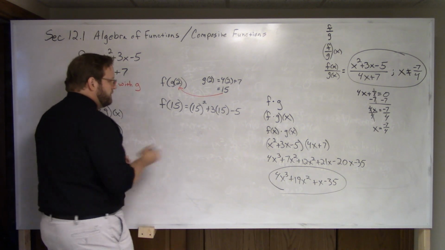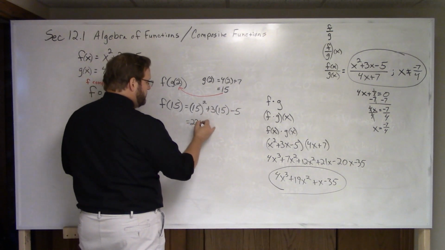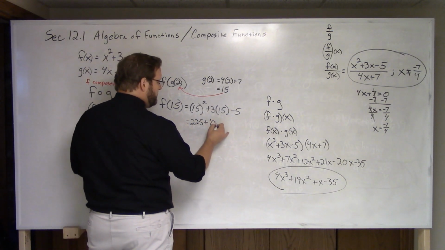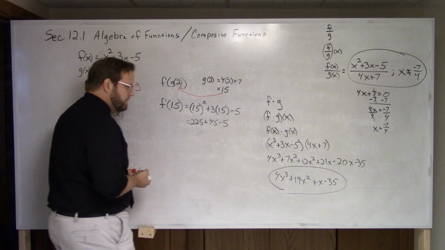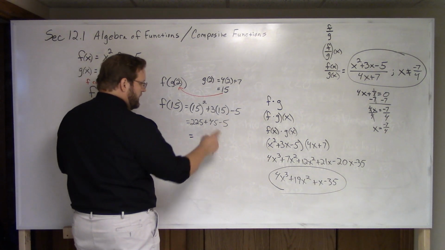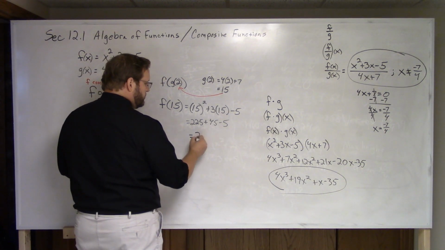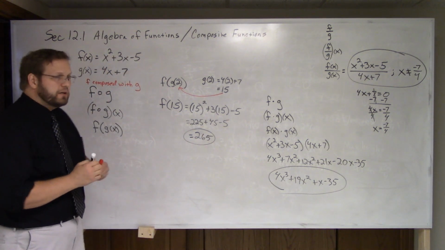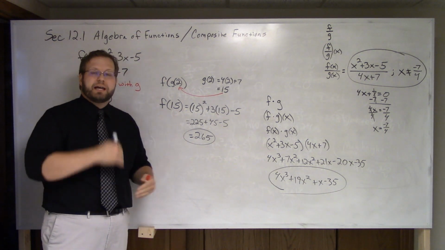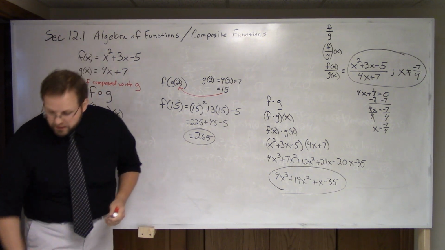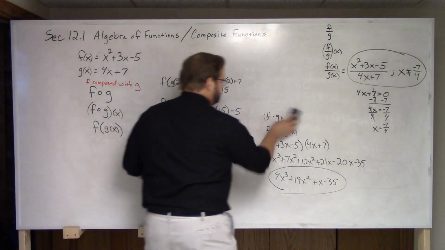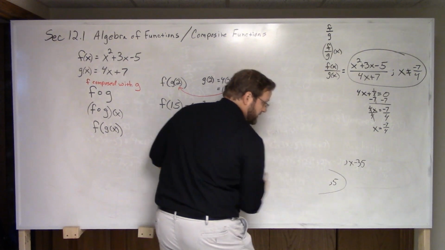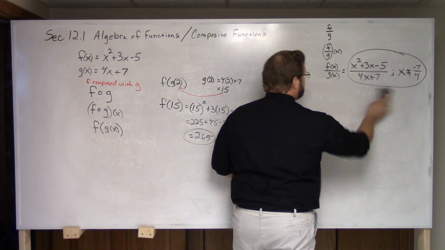And then here what I would get is 225 plus 45 minus 5. So I could just think of this as 40, so 265. And there we go. Now that's a very piecemealed, one step at a time way of going through that. Another way you could have done it, which is the way I personally like to do it, but again, that's a personal preference,